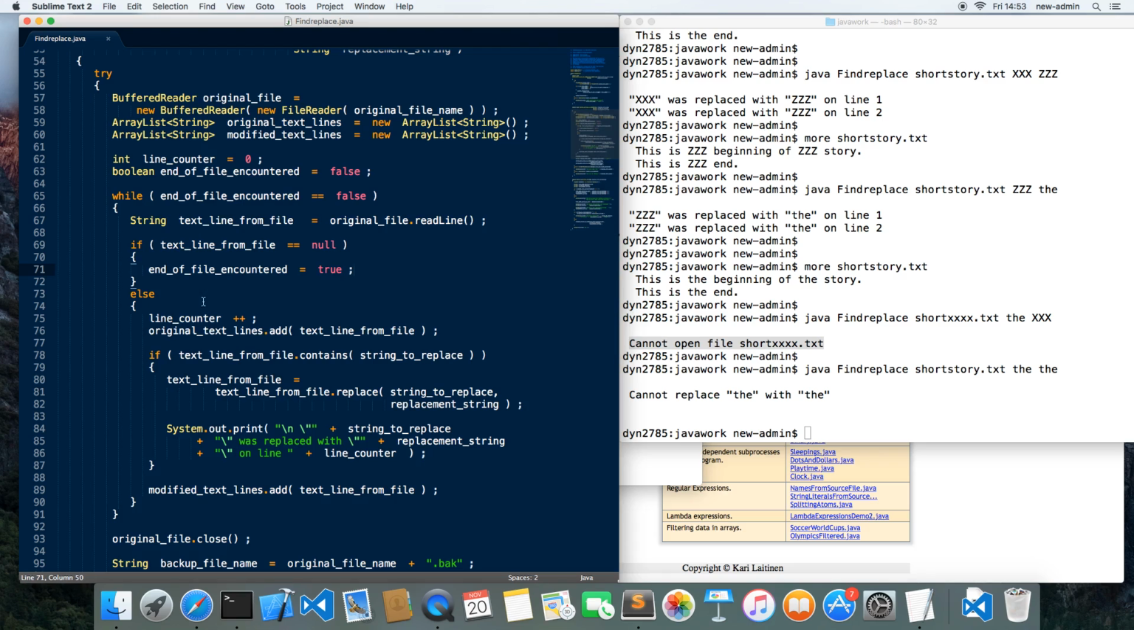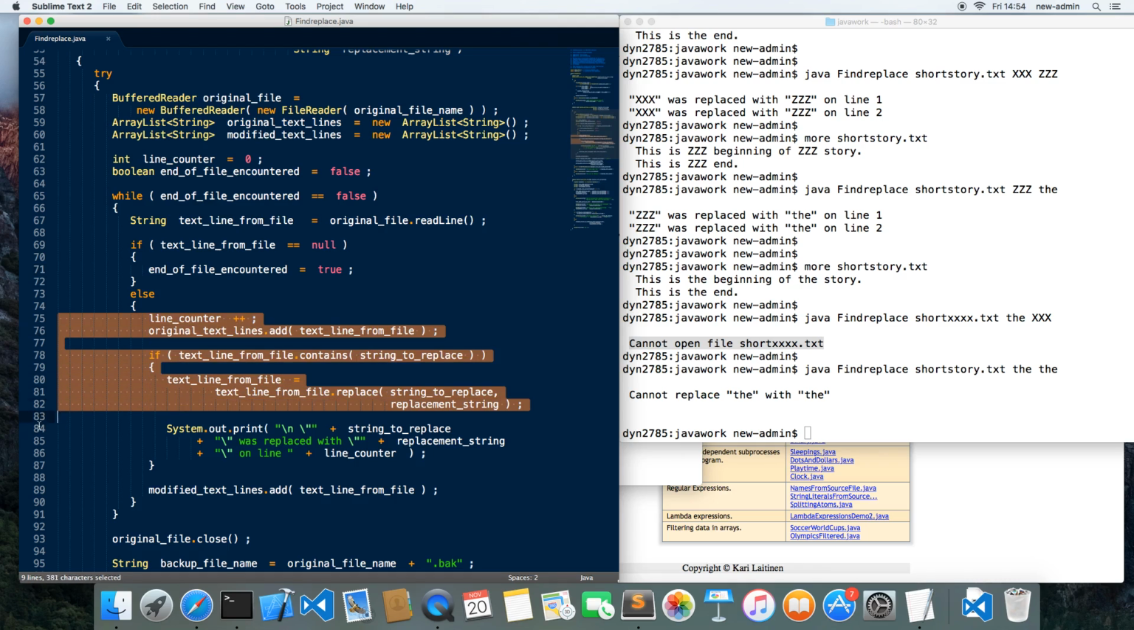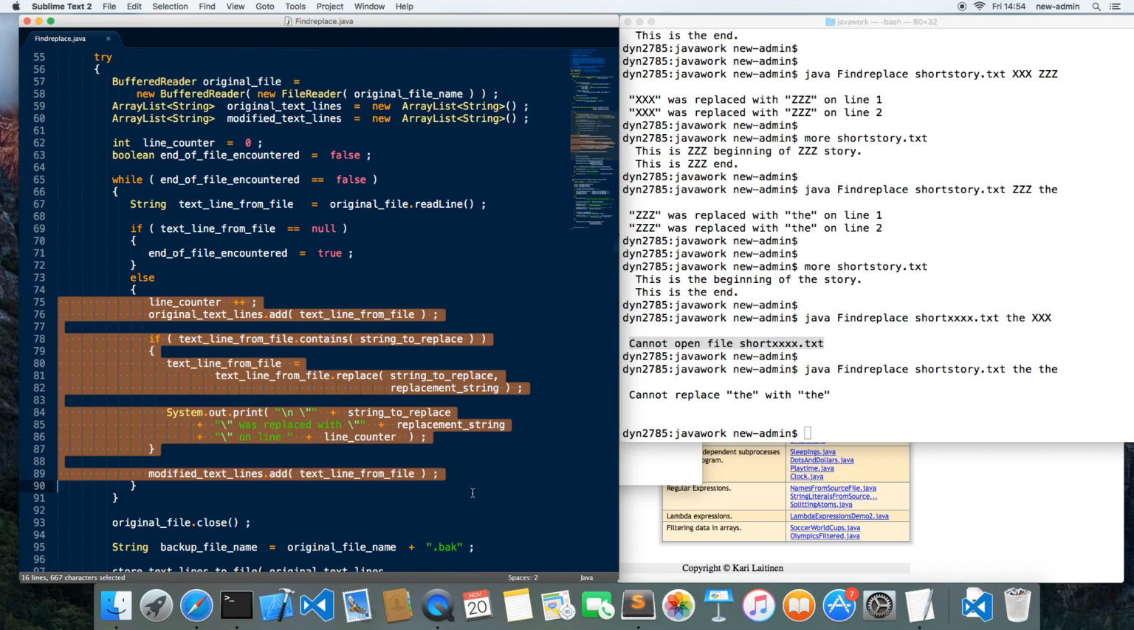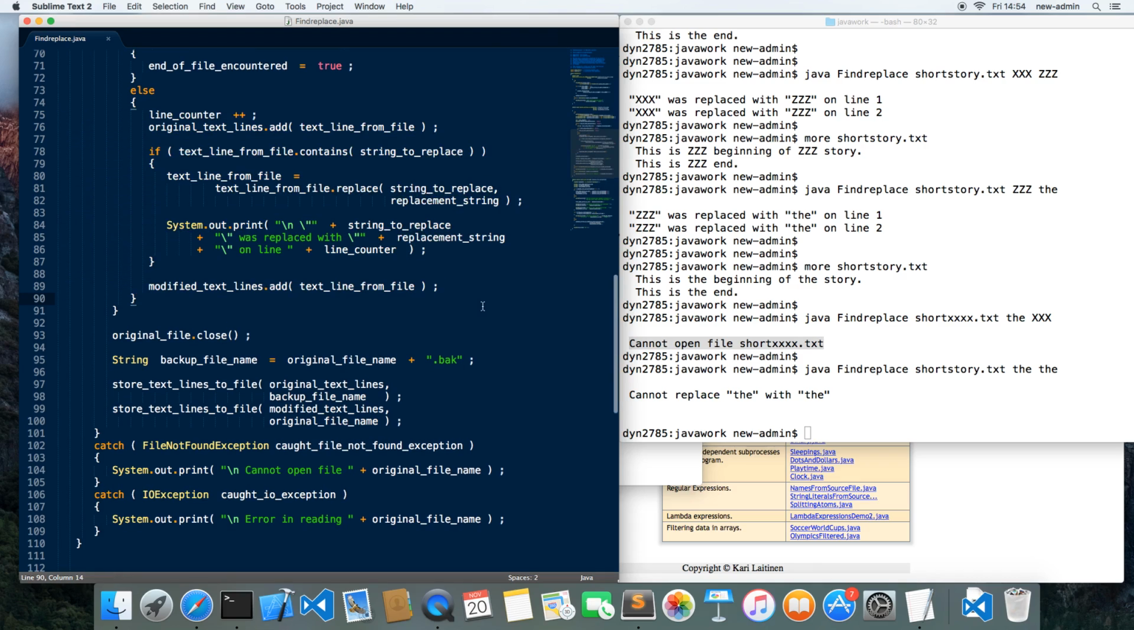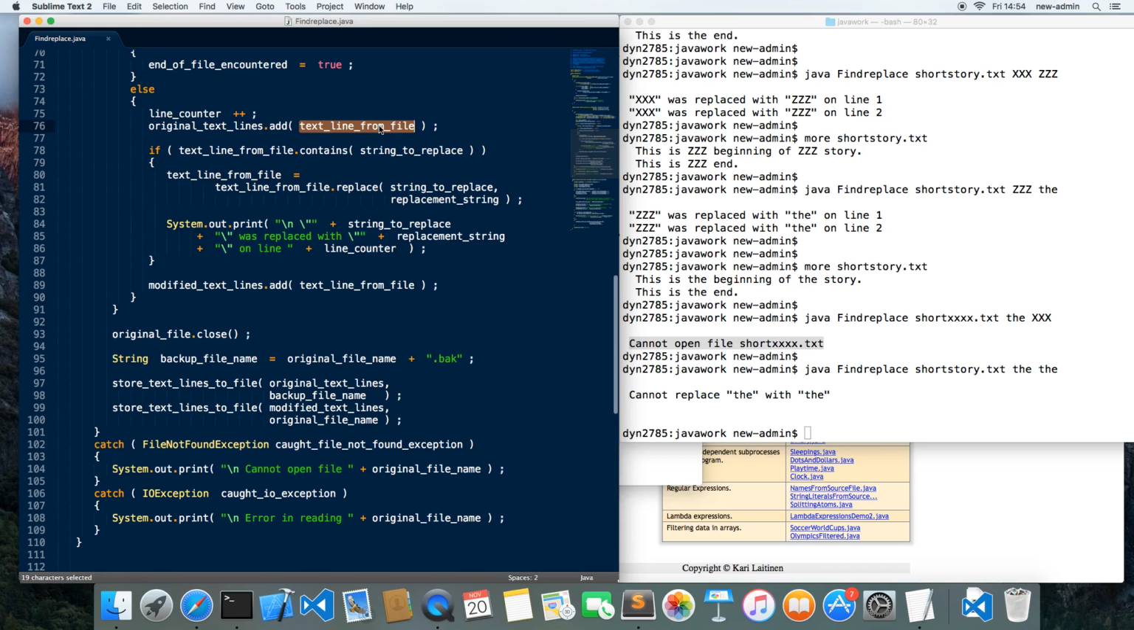But here then is the block of statements where we process a line that was read from the file. So we increment the line counter, which was 0 at the beginning, and then we add this text line from file to this ArrayList-based array, original text lines. We add it there, and then we check